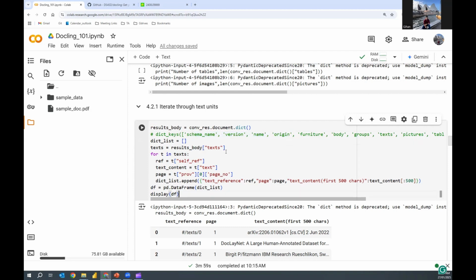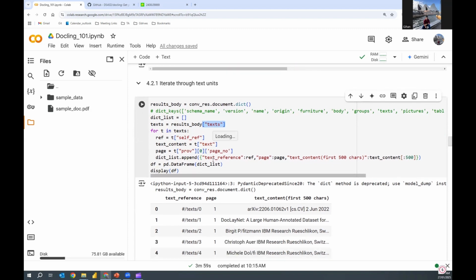Okay, so in order to extract all the text from the results body, I am getting the text key, and then I'm iterating through it. In this case, I am getting the reference. So all the text are mapping to some kind of a unique identifier, which is the reference. This is important